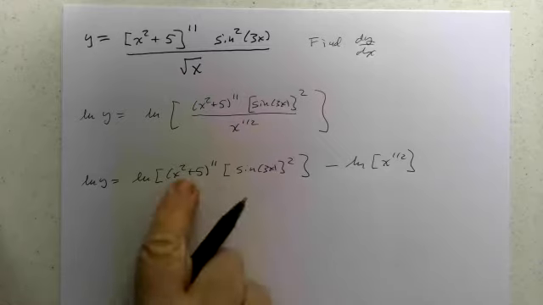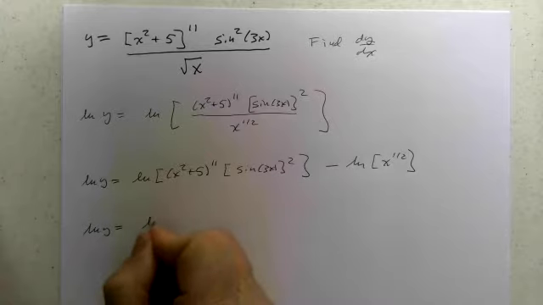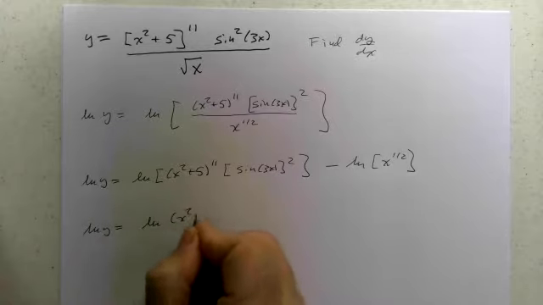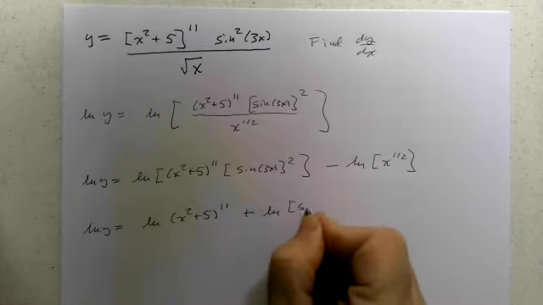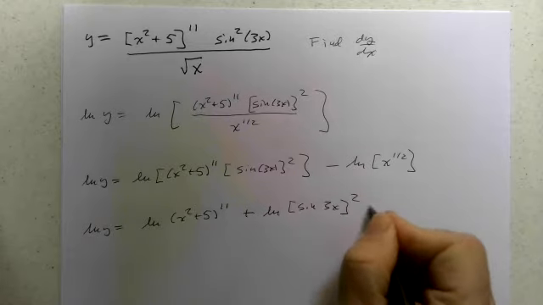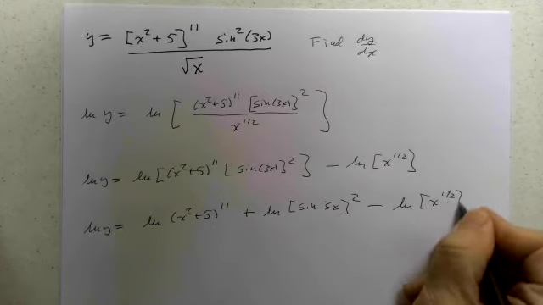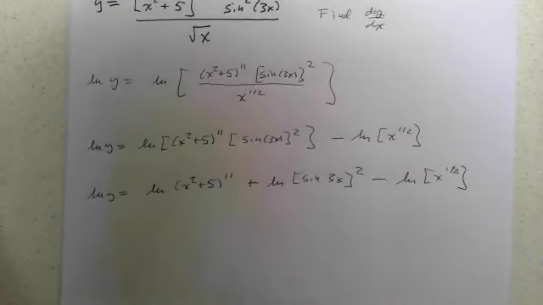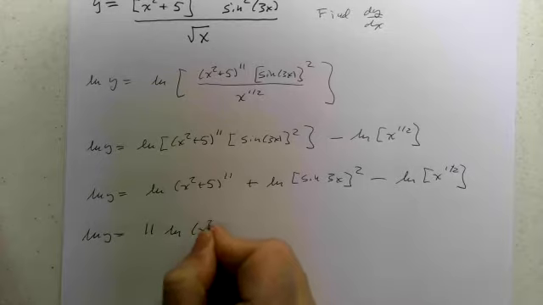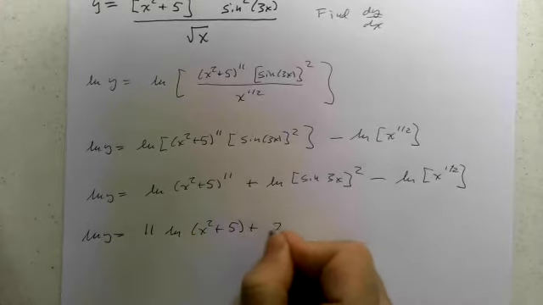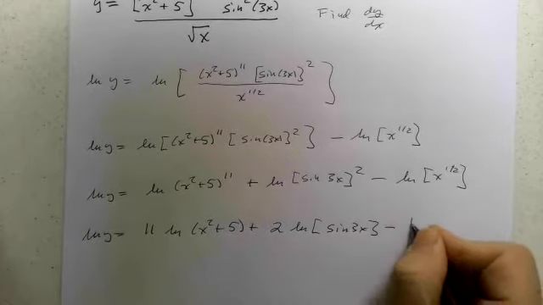And then we know the log of a product is the sum of the logs. Then I can rewrite this as natural log y is natural log (x squared plus 5) to the 11th plus natural log (sine 3x) squared minus natural log x to the 1/2. And then we can pull down the exponents. That's 11 natural log (x squared plus 5) plus 2 times natural log (sine 3x) minus 1/2